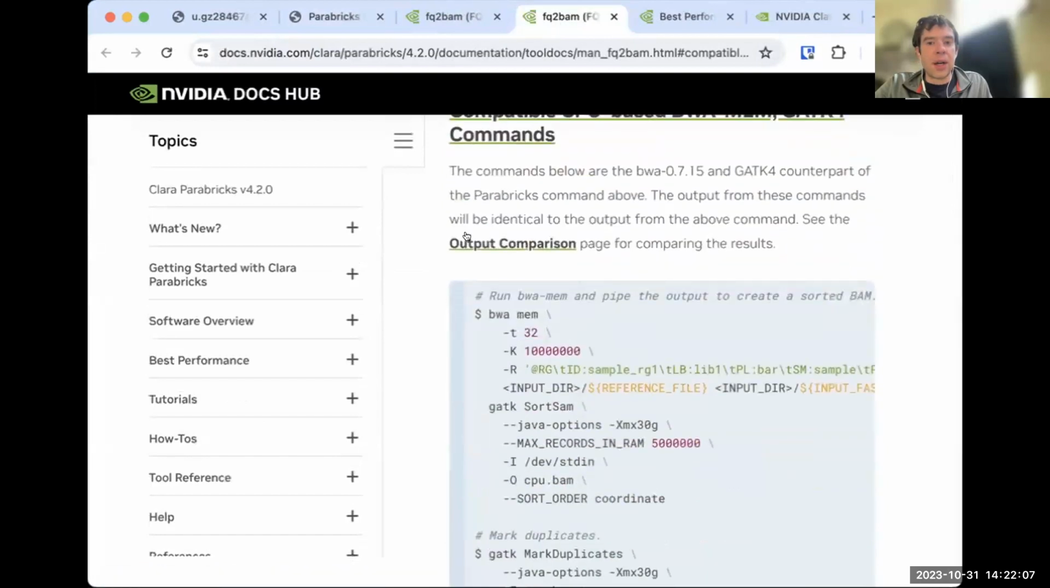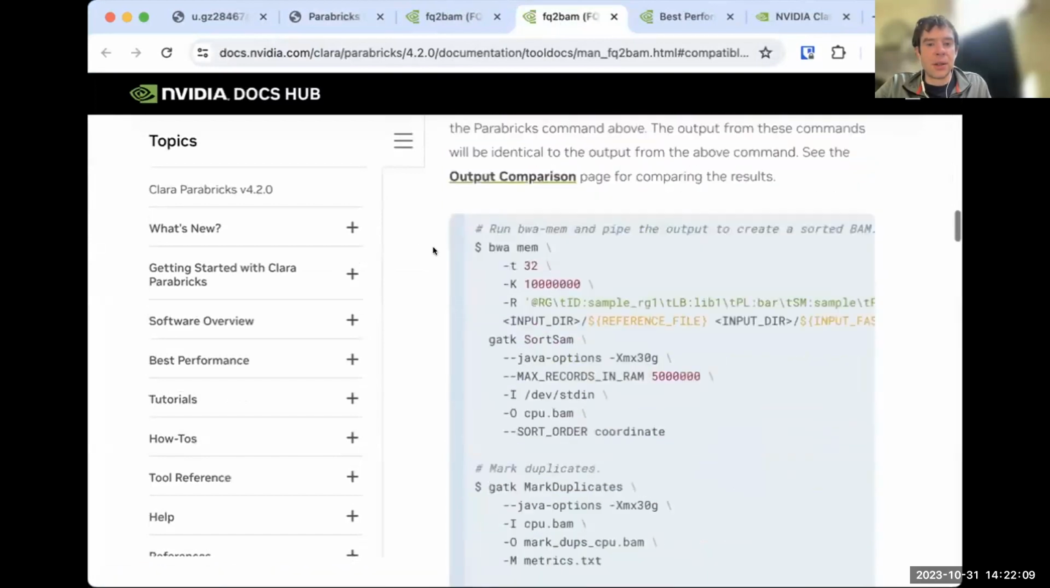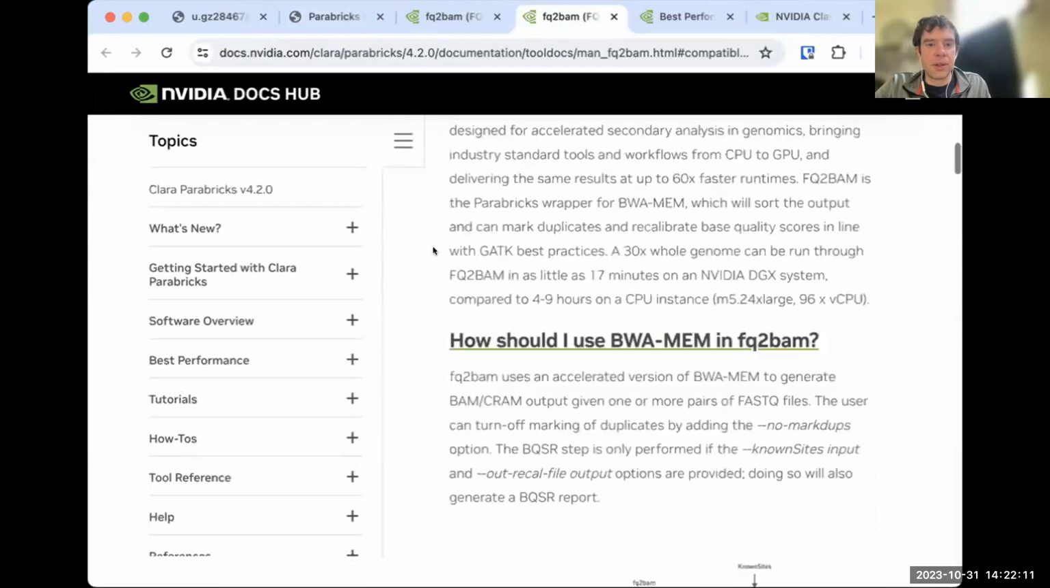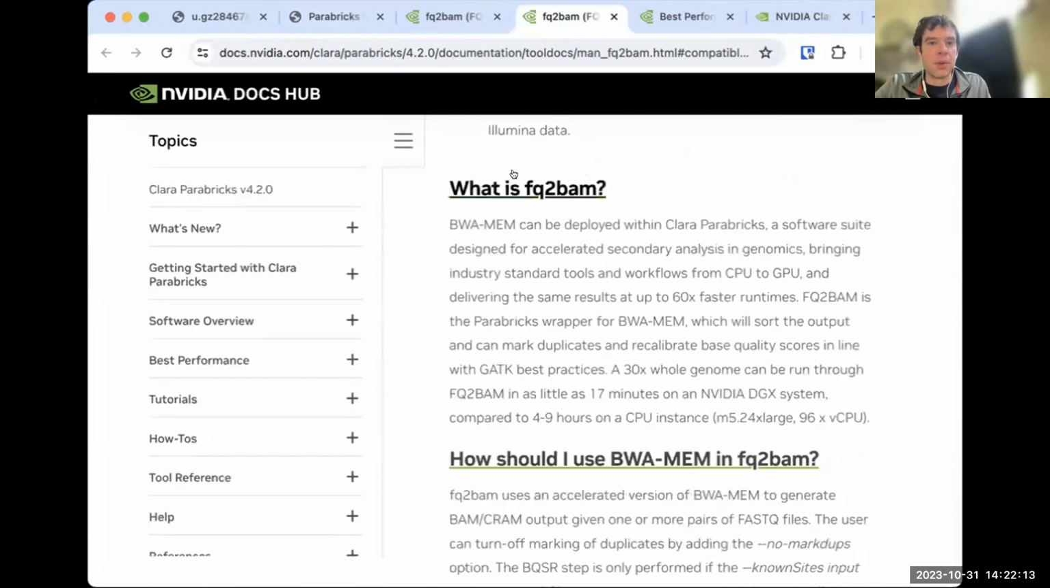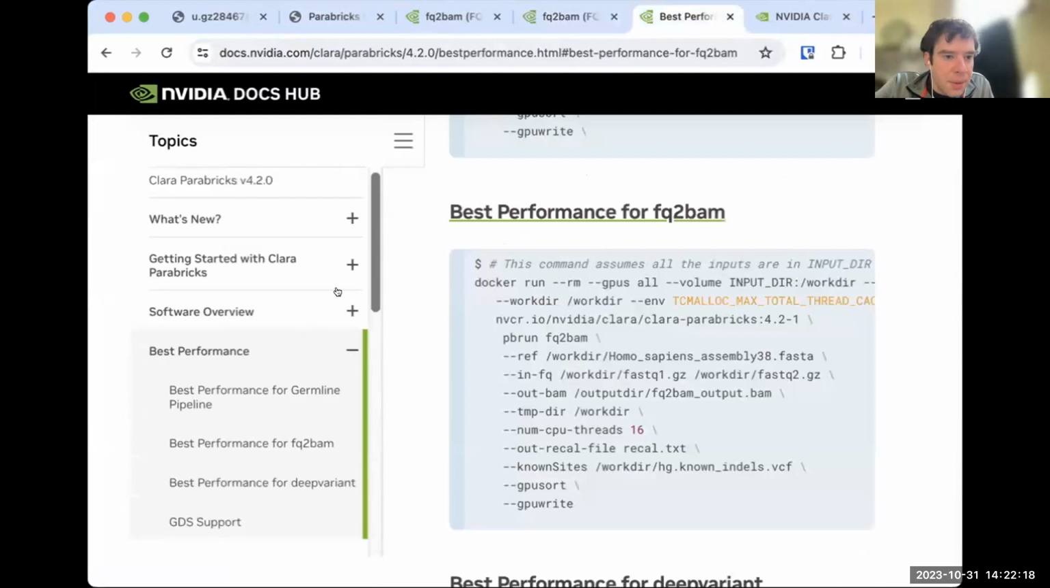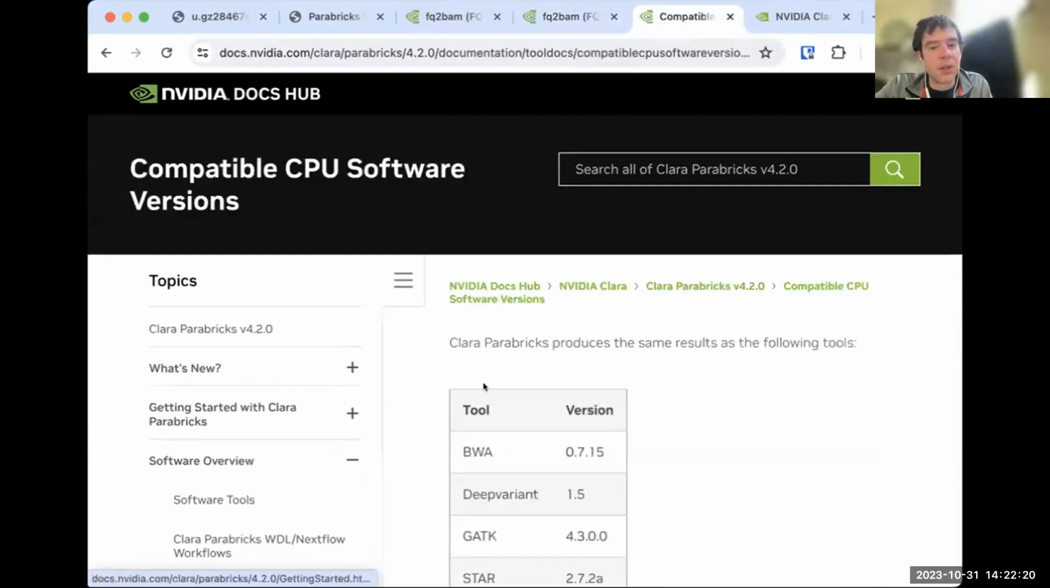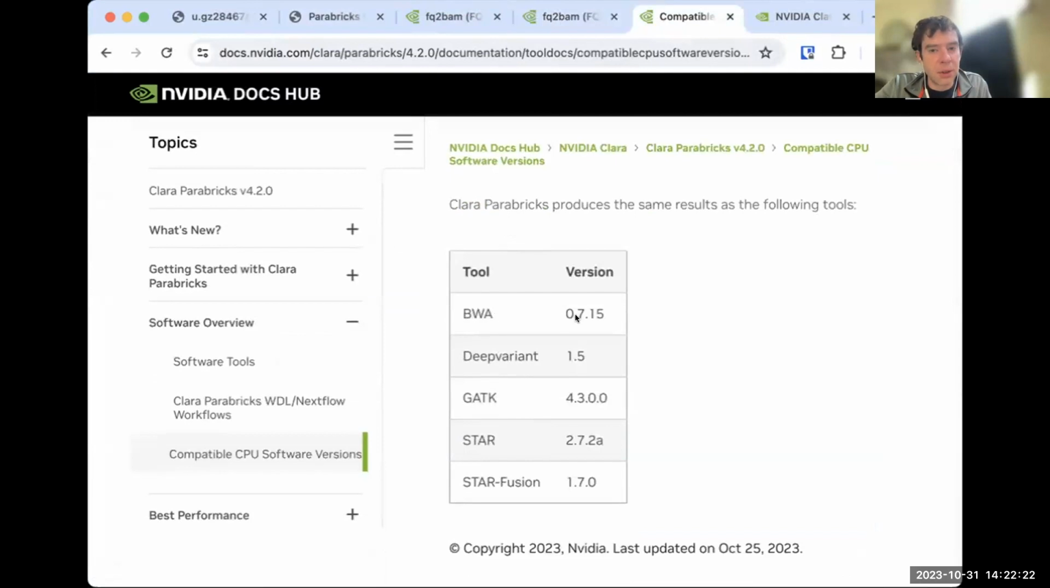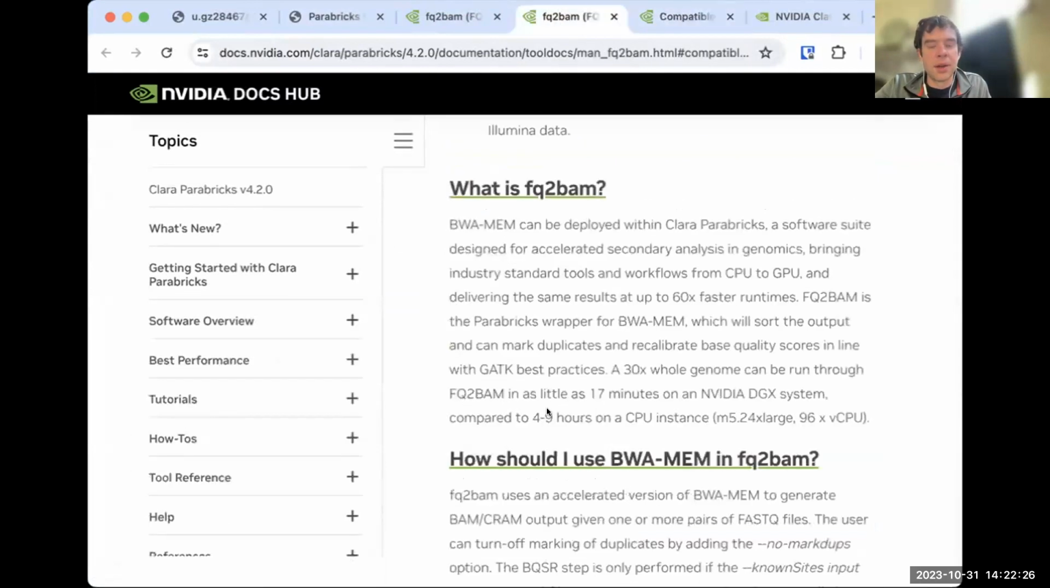they say that you need, where is it? So we've got the compatible CPU versions. Where is that over here? Software overview, compatible CPU versions. You need BWA 0.7.15 to actually reproduce the output of fq2bam. And they also give